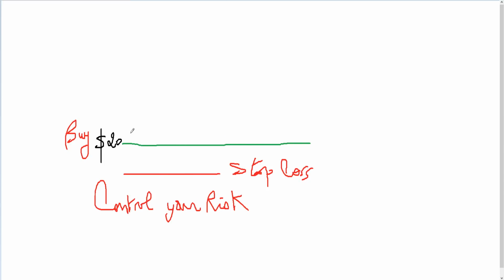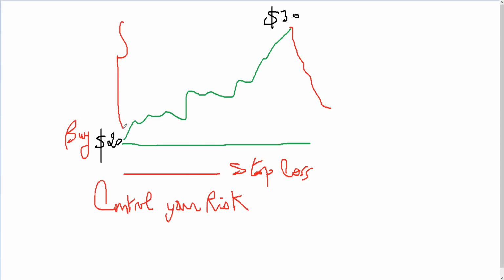Now let's say the stock is going up. Let's say it goes here to $30, and then let's say it's going down. Okay, so let's say you have changed the stop loss. Now when it goes up, all this is called your profits. Okay, your profits. You should follow your stock, and then you have what we call an exit point, which is a